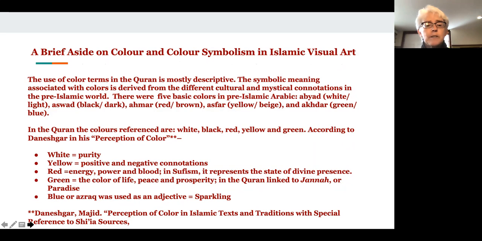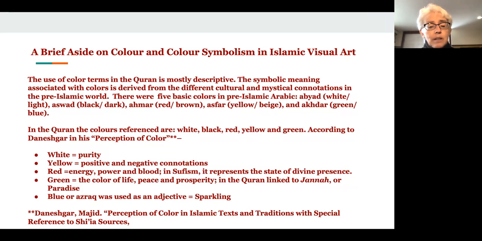the mid 600s. But there were 5 basic colors in pre-Islamic Arabic: white or light, black or dark, red, brown, yellow beige, and green blue. In the Quran itself, the colors referenced are white, black, red, yellow, and green. And according to the researcher Majid Dangazar, in his work on the perception of color in Islamic texts and traditions, with particular reference to Shia, or the very mystical branch of Islam,